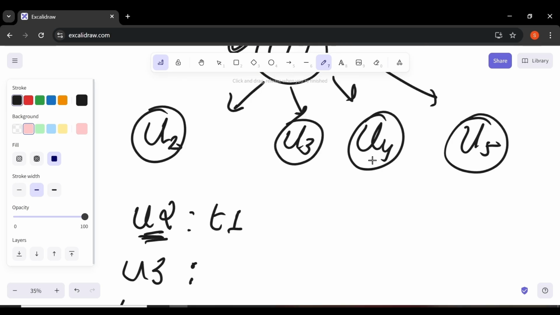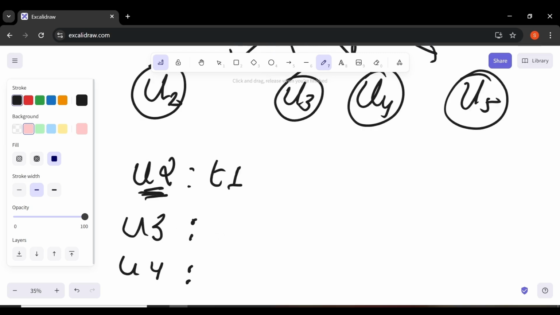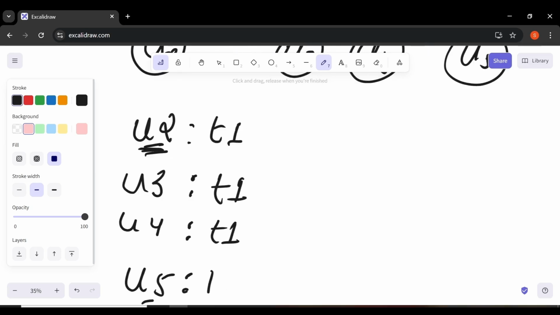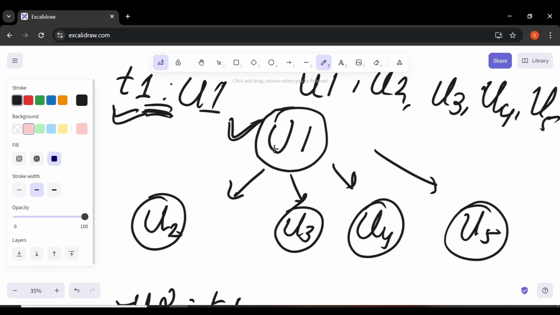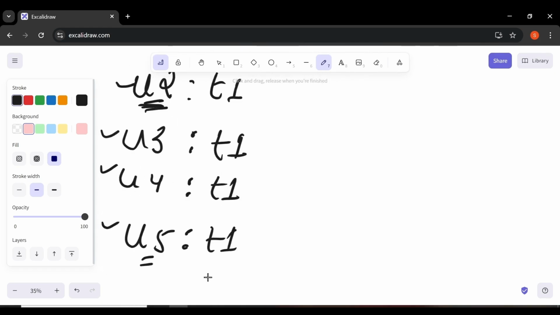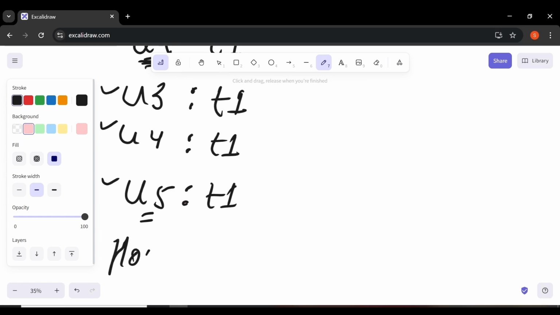Similarly for user 3, user 4 and user 5 we will add the T1 tweet, because all the 4 users, this u2, this u3, this user 4, this user 5, follow this user 1. So here we are creating the home timeline,